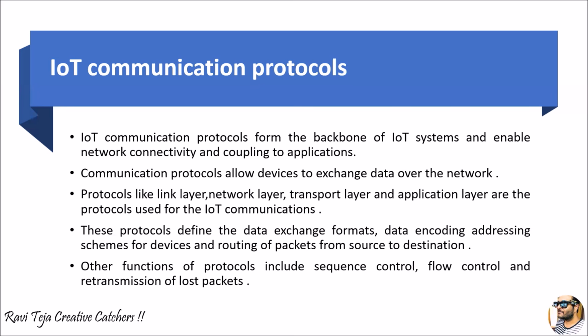Suppose with respect to IoT, in order to have communication, it can be wired or wireless communication using the internet. In order to have that particular communication, we need to follow some set of protocols and their rules. So what are all those protocols? What are their rules and regulations? How do they behave? How the data is transferred, everything we are going to see in this particular